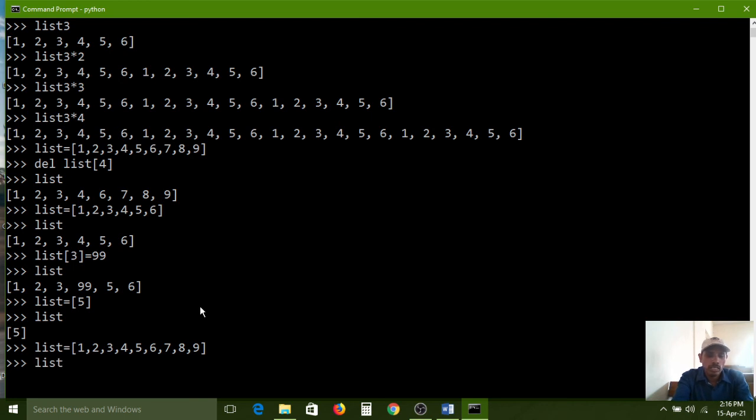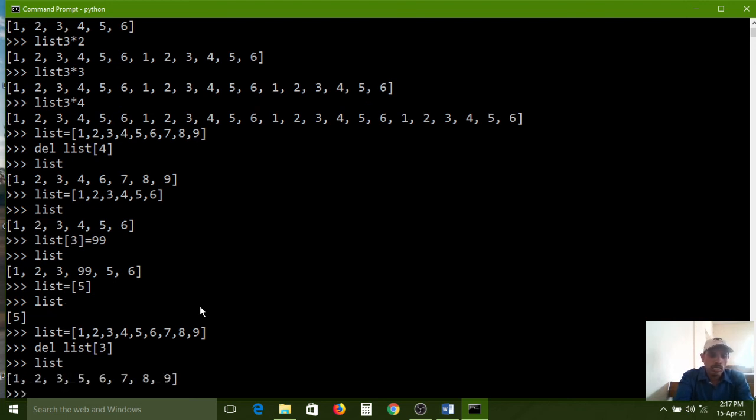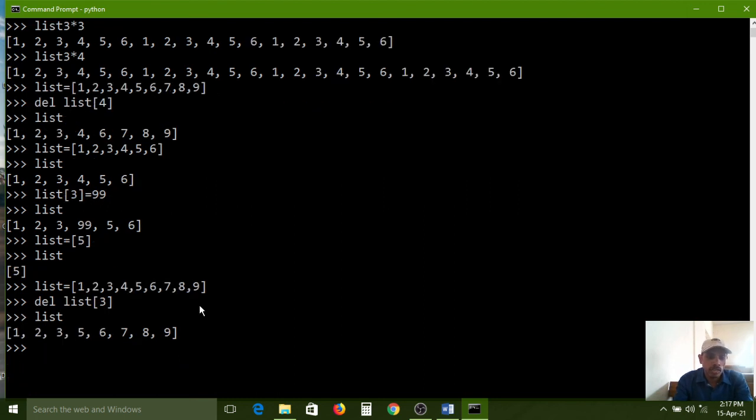In this, I am deleting list index 3. So I am deleting the third element. Now the list contains 1, 2, 3, 4. So in the third index place, the fourth number is the element we have. 4 is the item we have.